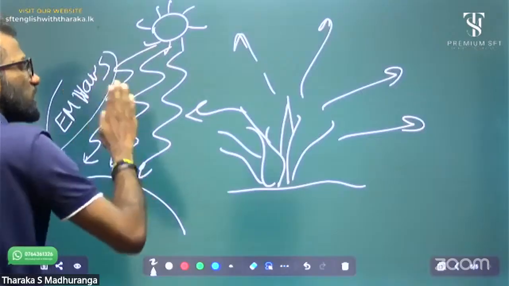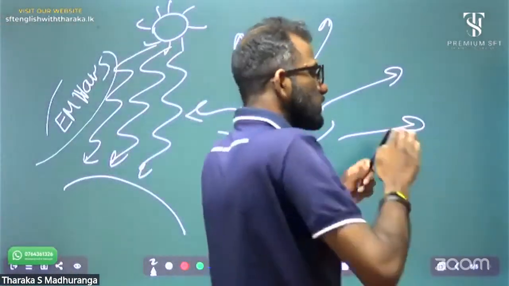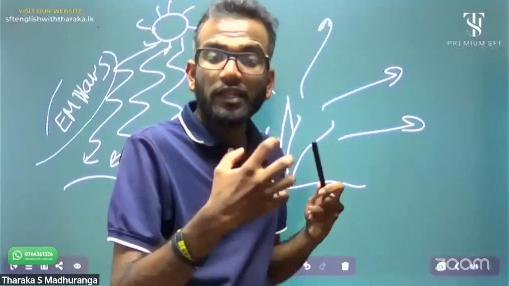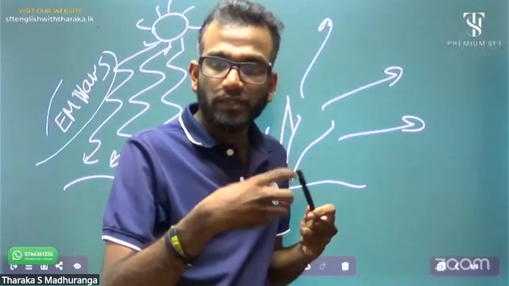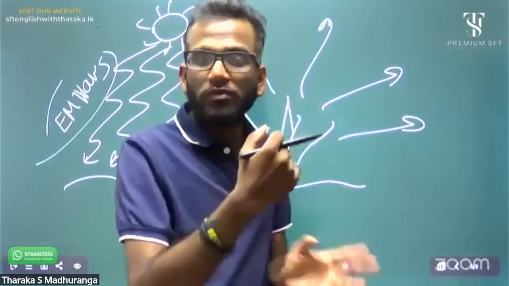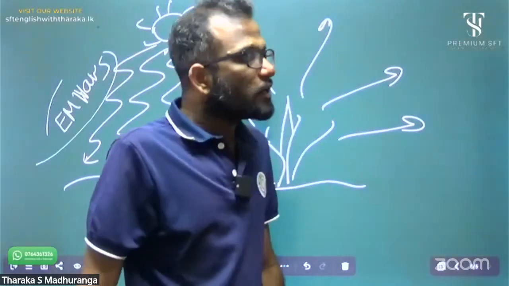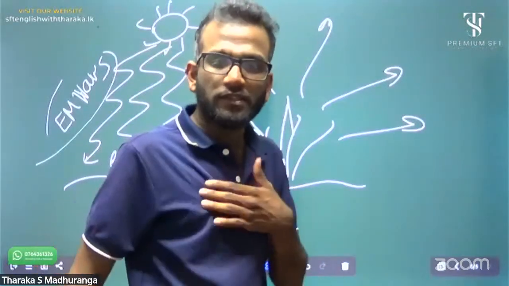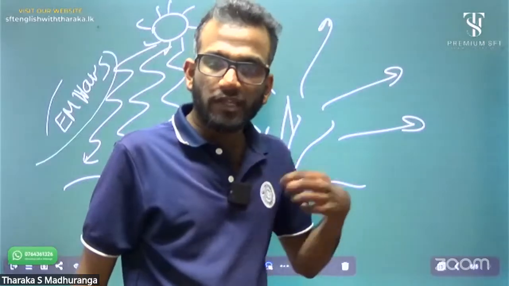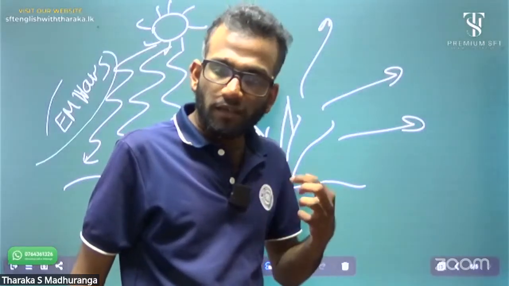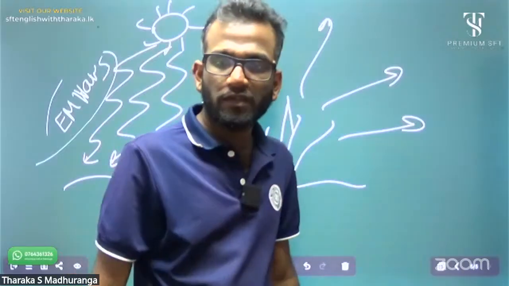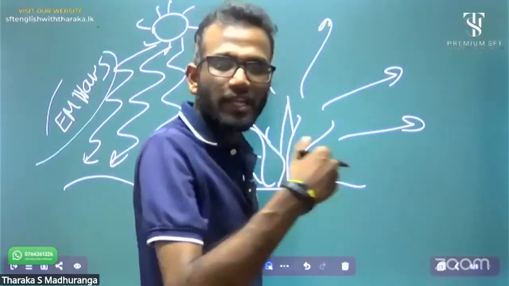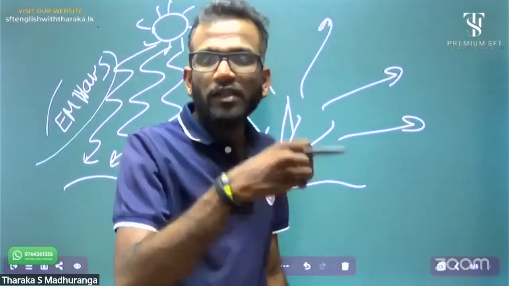And finally, I told you about these electromagnetic waves: if it is a black or rough surface, there is high absorption and the reflection is very low. But if you have a white color and smooth surface, like school uniforms, what happens? EM waves are highly reflected, with very little absorption.